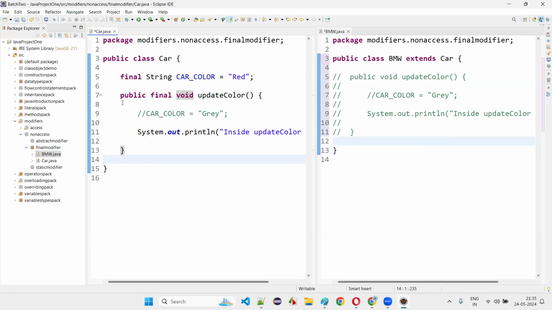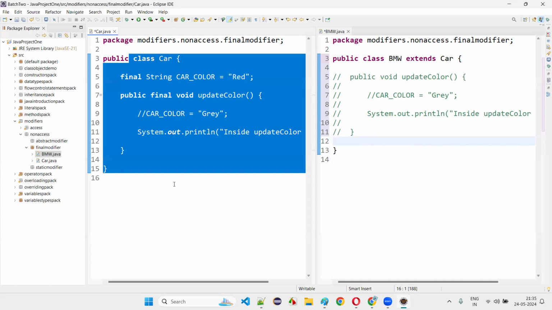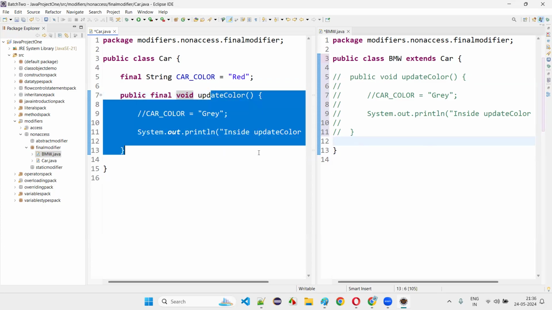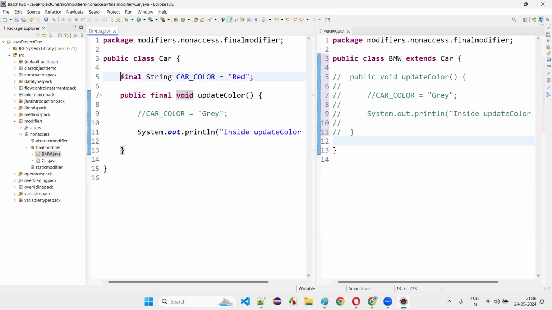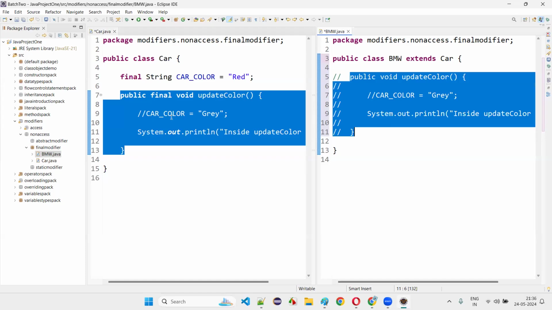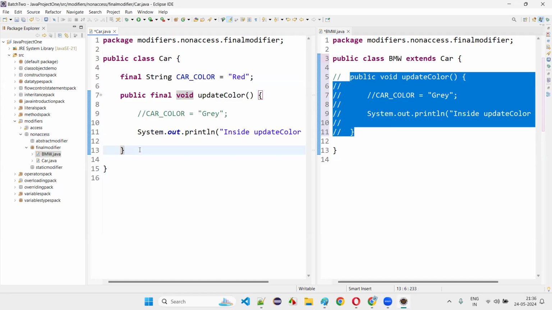There may be situations where, while creating parent classes, developers don't want some methods to be overridden by the child classes. In those cases, they will mention the final modifier before such methods. Developers will also write the final modifier before variables whose value should not be changeable. And tell me, guys, the last one about final: